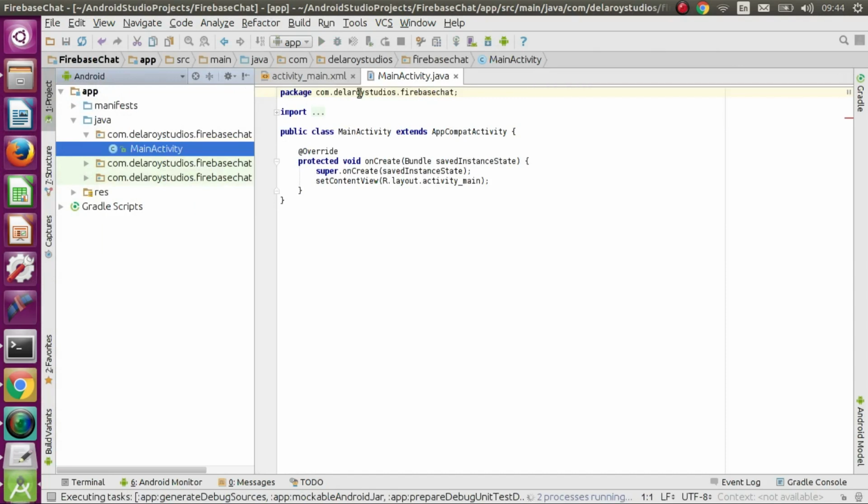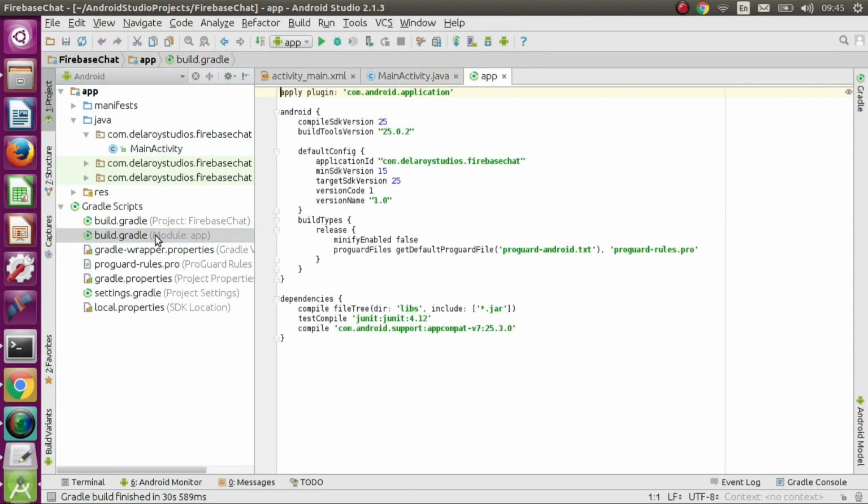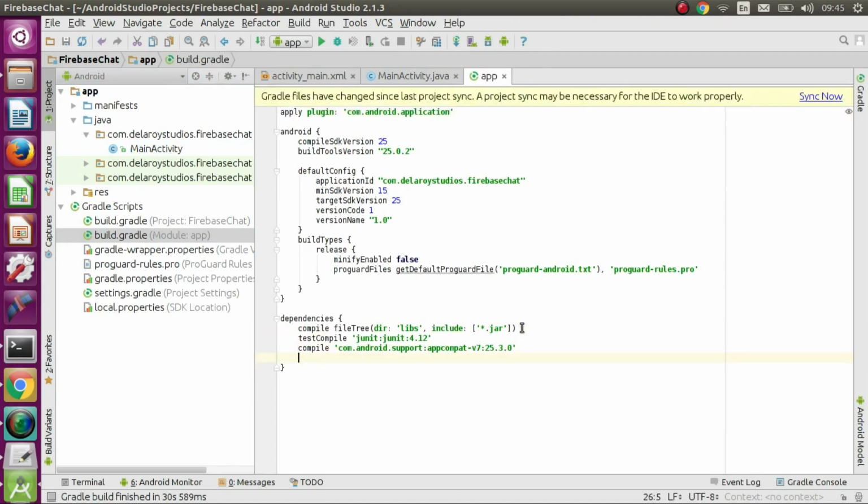So we got to move on with the structure of this application. I'll actually break this video into two parts. The first part will deal with the XML files, while the second part will be talking about the Java classes. The XML also contains the Gradle scripts. Let's go to the build Gradle. Let's look at the dependencies that we actually need in this application, which are very, very important. We're going to need the